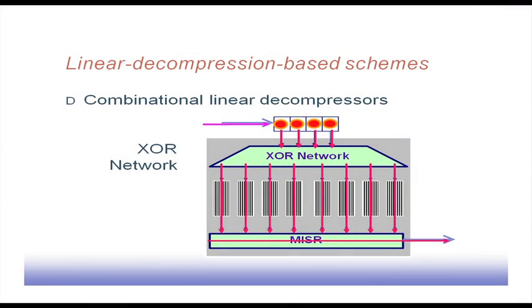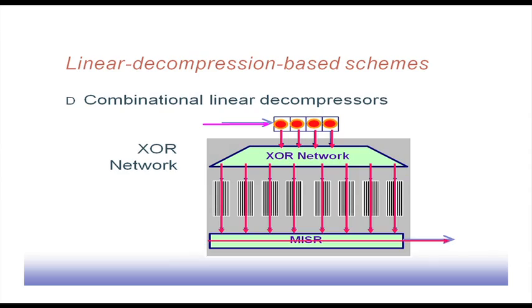So, linear decompression based schemes actually use some linear network for decompression purposes. From the ATE, we get some coded pattern, and that coded pattern passes through a decompressor circuitry to decompress into the test pattern that will be fed to different scan chains. Like in this case, maybe from the ATE we are getting a 4-bit code, and that is passing through this XOR network, and this XOR network is generating the actual pattern that will be fed to different scan